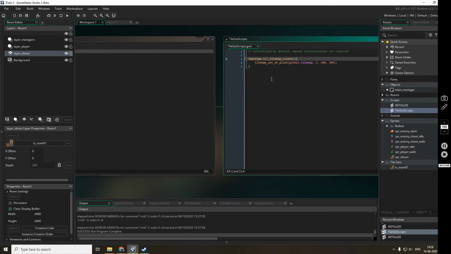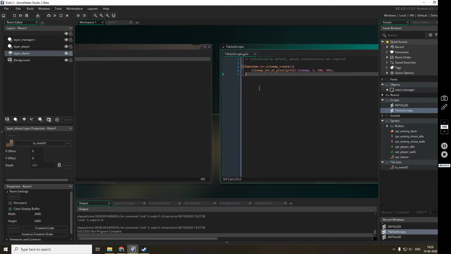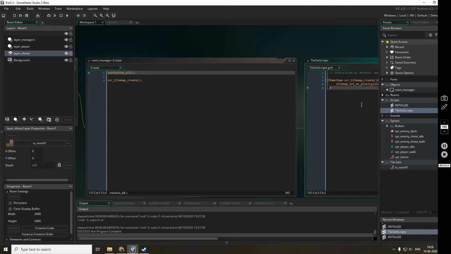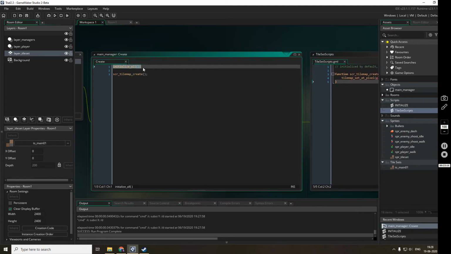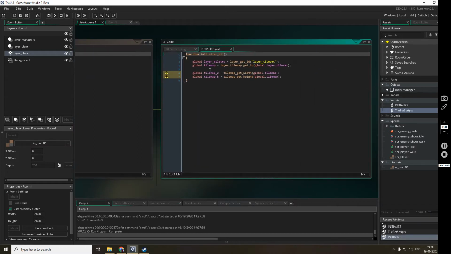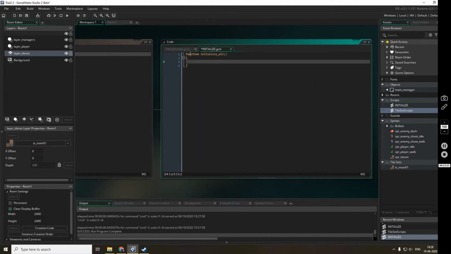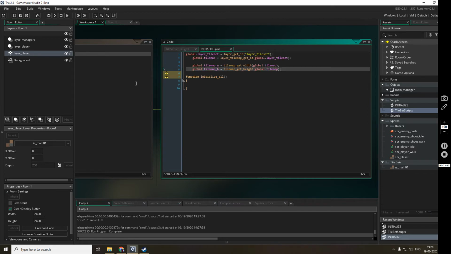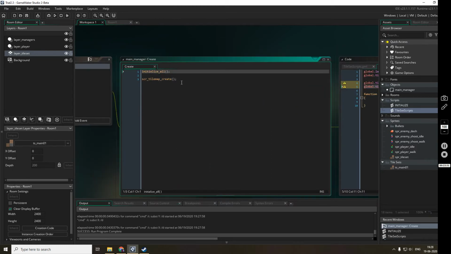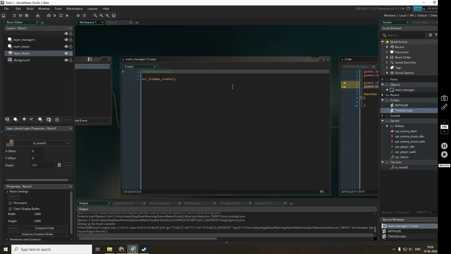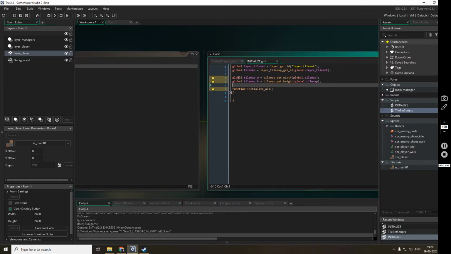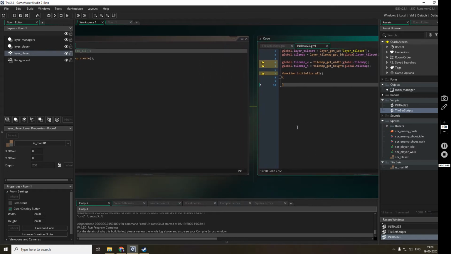So we have initialized it. I think now it will work as it is without us having to call it manually here, but we have to place it outside the initialize function, outside of the function, then I guess it will be called. See, I am placing it outside and we don't need to call this function now. Even now I think it will not show an error, because since it is in the main script, it will be read and processed before any object is called. Okay, there is a compile error.